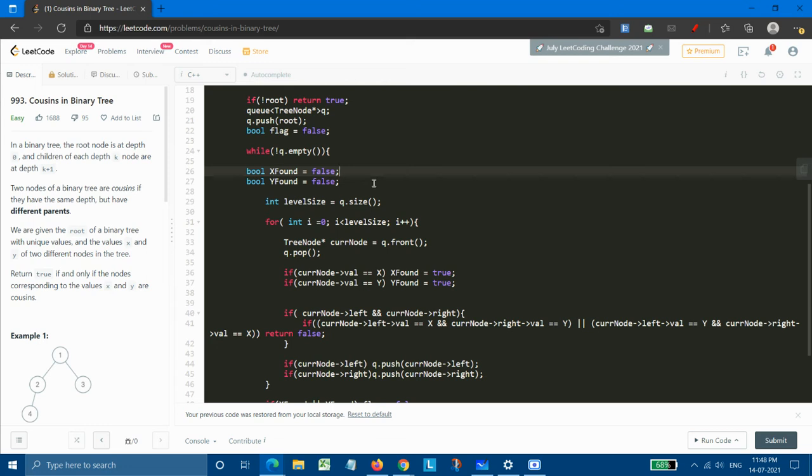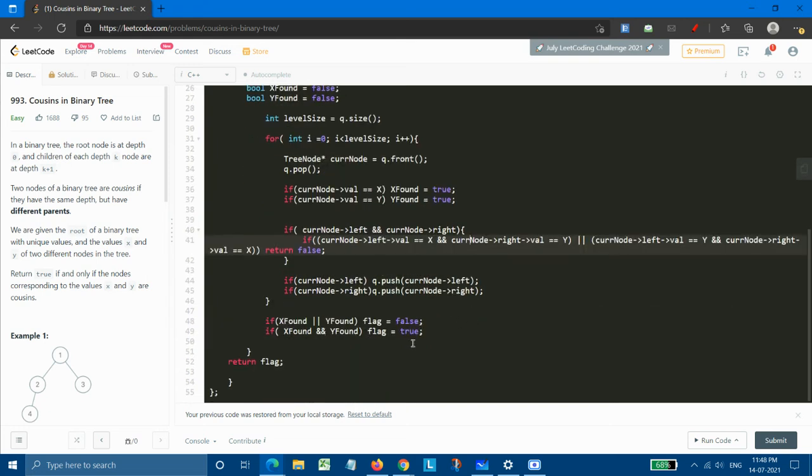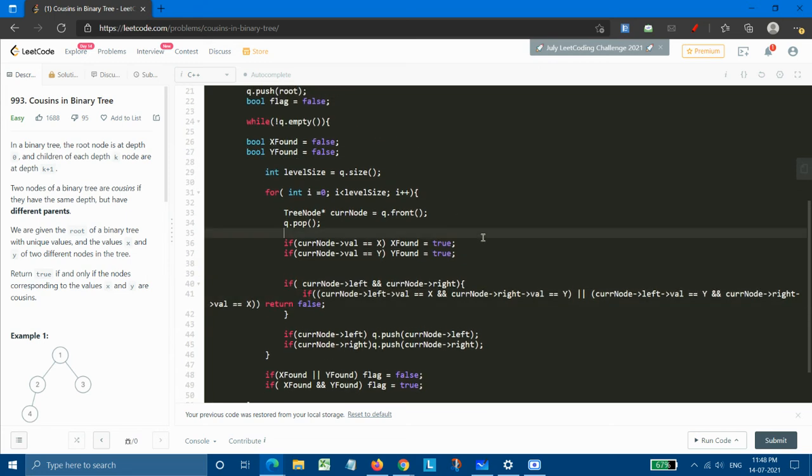If at a previous level we had found x, and in the next level we found y, then at the end it would simply return xFound and yFound, and flag would return true. But we don't need such a condition, or it could also return this condition only, because this will run as the loop as one level ends. So it will return false at a much earlier level, and we don't want that case. That's why we are reinitializing our xFound and yFound at every step.